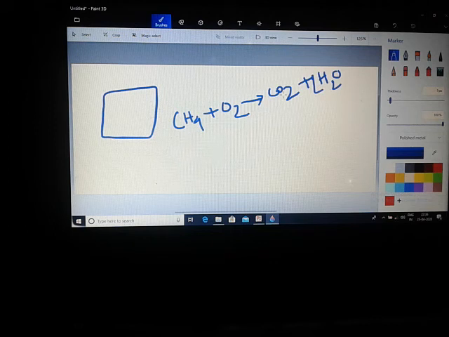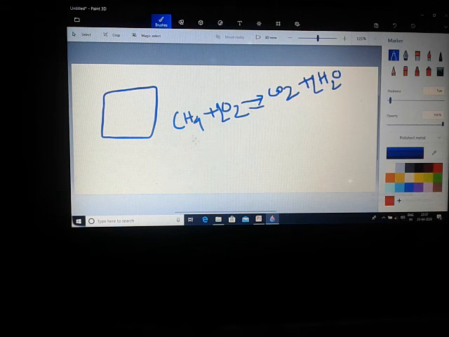Now coming to oxygen. How many oxygen atoms are present on the right hand side? See, 2 here and 2 here, so total 4. We need 4 oxygen atoms on the left, so we need another 2 here. Now we see the total number of carbon is 1, the total number of oxygen is 4 on the left hand side, and the right hand side also has 2 plus 2, that is 4. And hydrogen on the right hand side is 4, and on the left hand side is 4. That means this equation is now balanced.